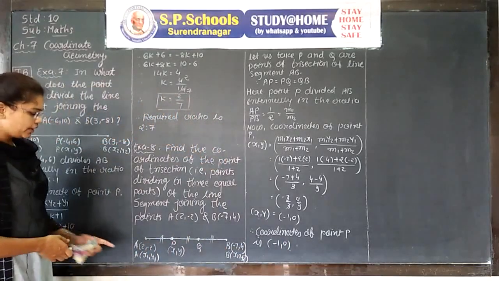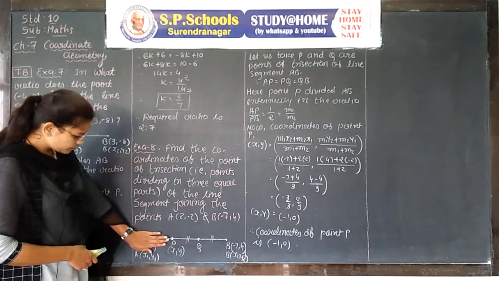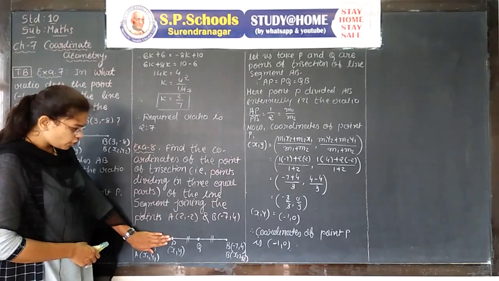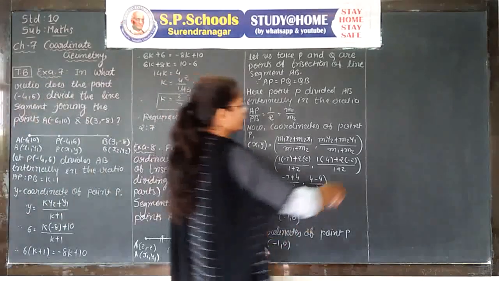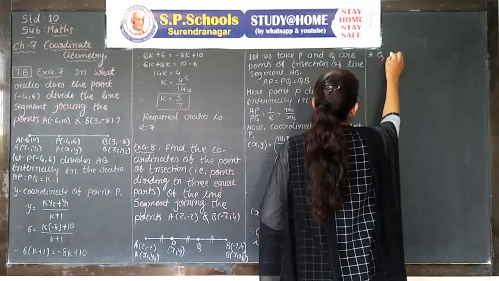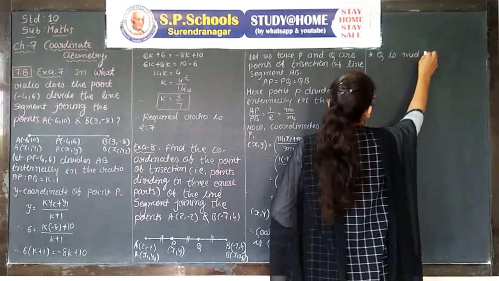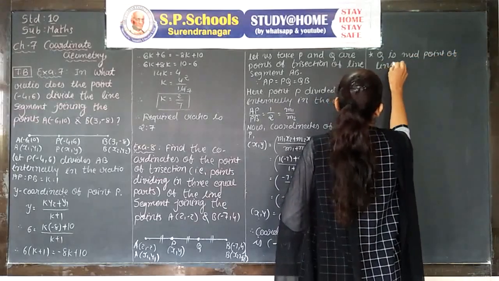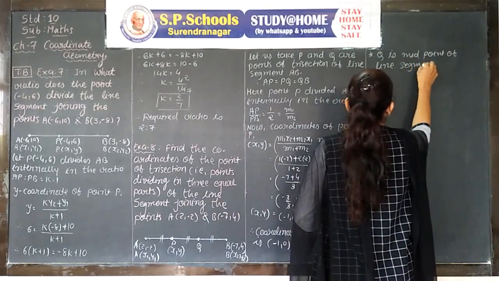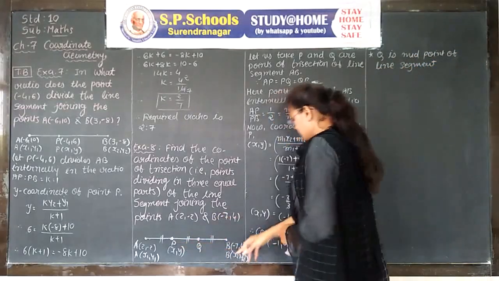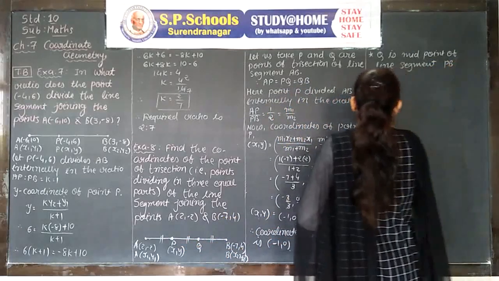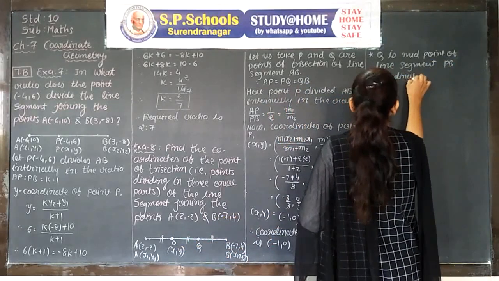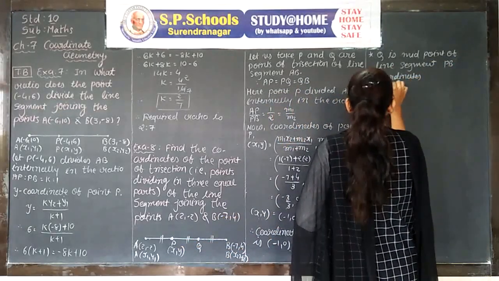Now we find the coordinates of point Q. See, Q is the midpoint of line segment PB. We know the coordinates of P and B both. Now we apply the midpoint formula. Q is the midpoint of line segment PB. Therefore, coordinates of point